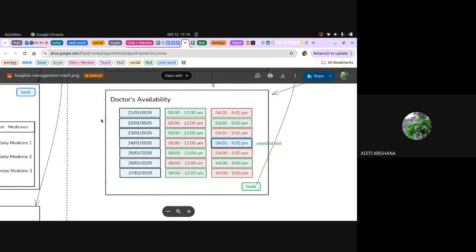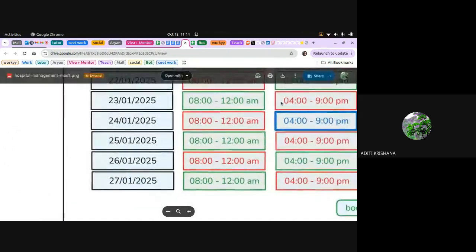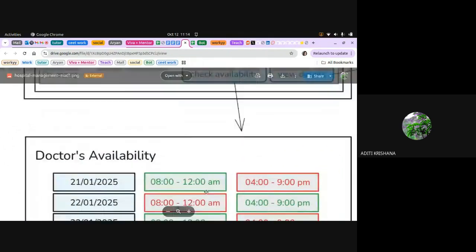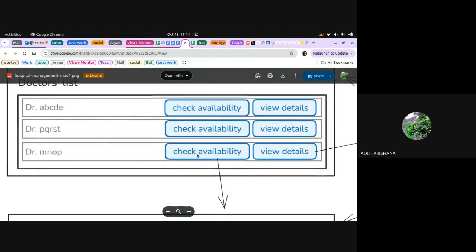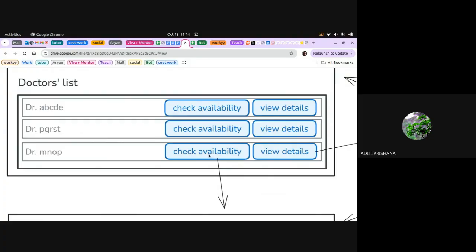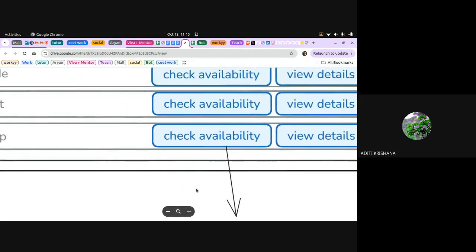For this, a new HTML page is created, and the route of check availability is given inside that.